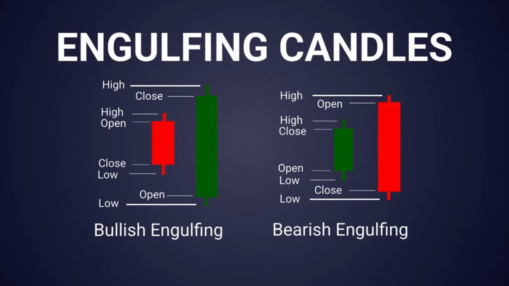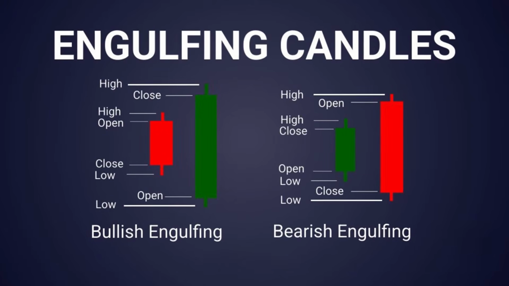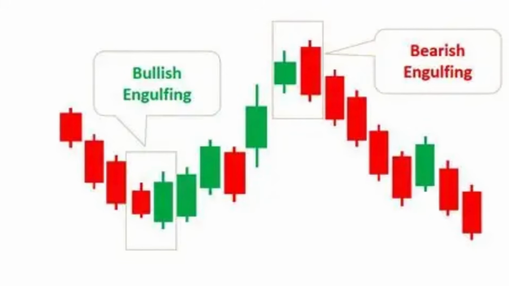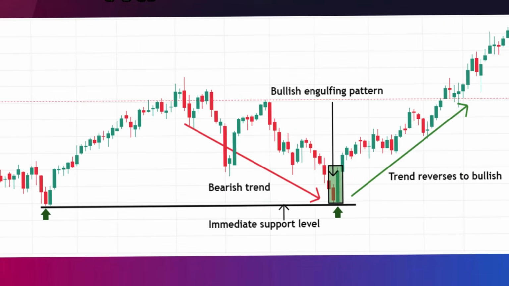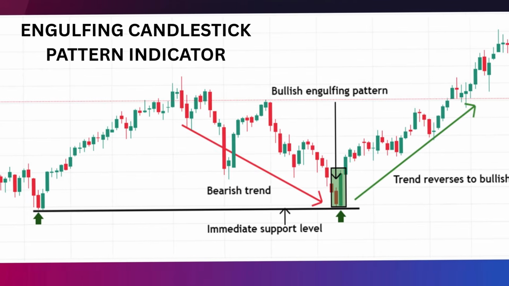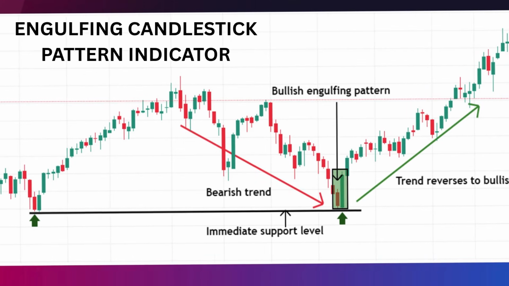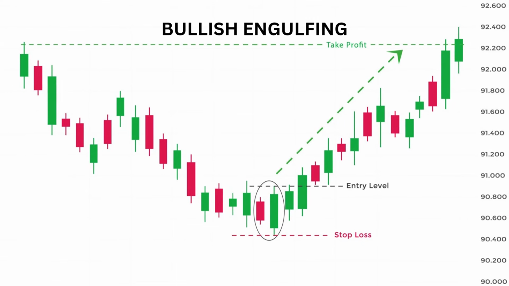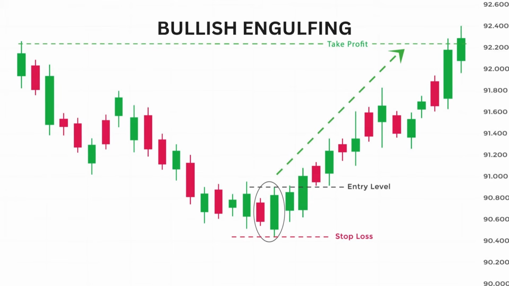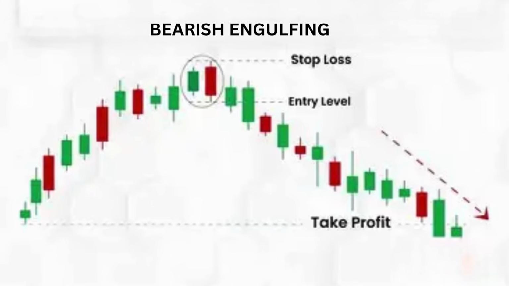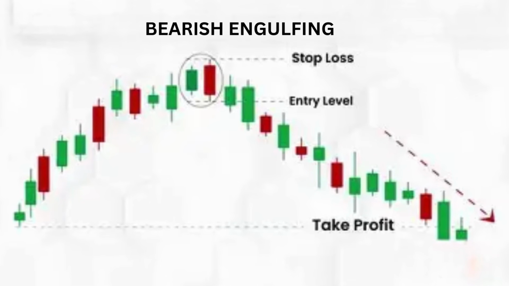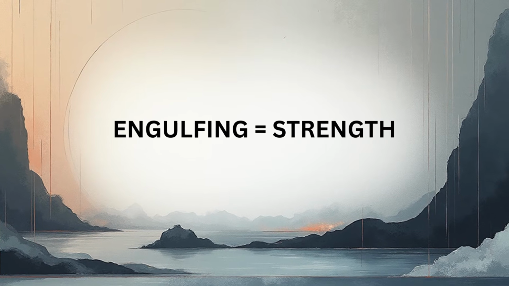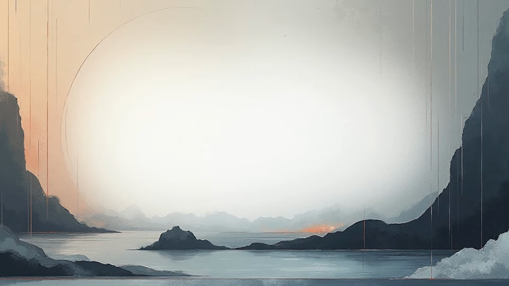Next, coming to the engulfing candle, which shows the strength of the trading. Here, the bullish engulfing shows the market will go uptrend, and the bearish engulfing candle shows the market going downtrend. These are all the live examples I took. After putting the stop loss, we will be handling the trade. Engulfing finally shows the strength.